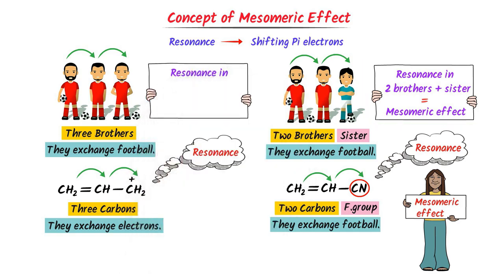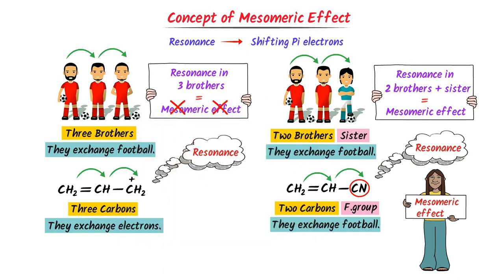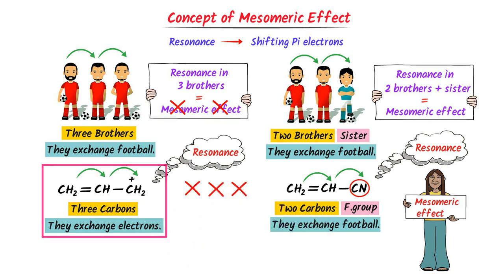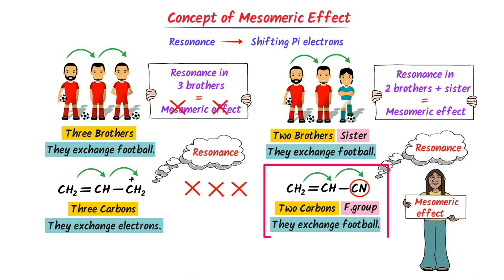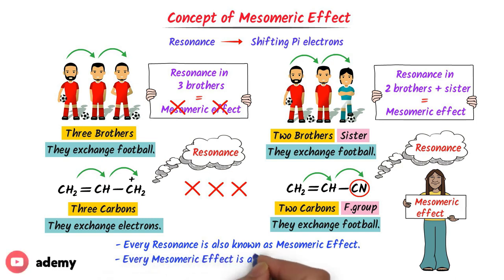Secondly, if resonance occur only in brothers, it is not a mesomeric effect. So here resonance occur, but it is not a mesomeric effect. Therefore remember that if resonance takes place in case of sister, this resonance is also known as mesomeric effect. That's why we say that mesomeric effect is the special case of resonance. Here, let me teach you one bonus concept. If I say every resonance is also known as mesomeric effect. Secondly, every mesomeric effect is also known as